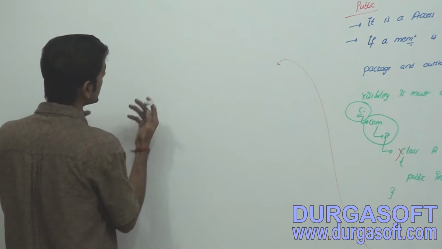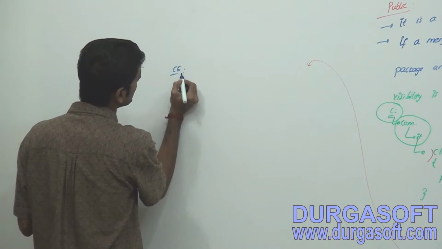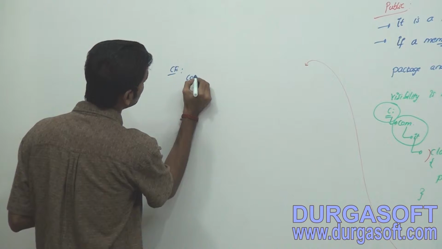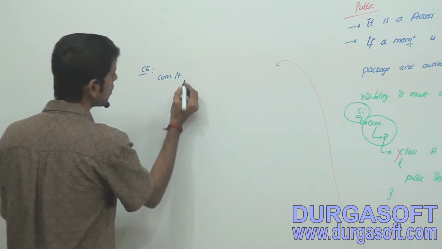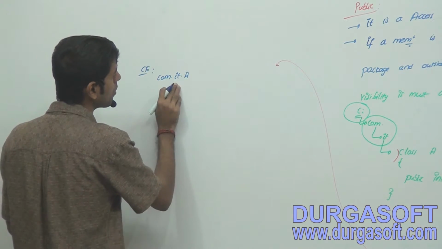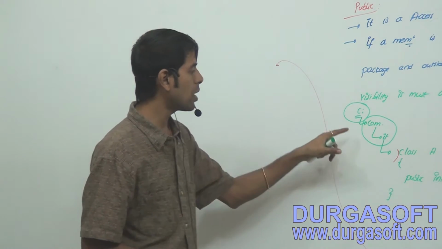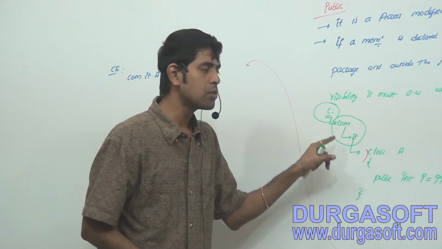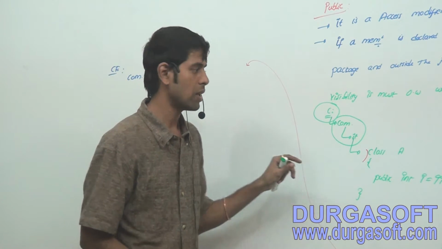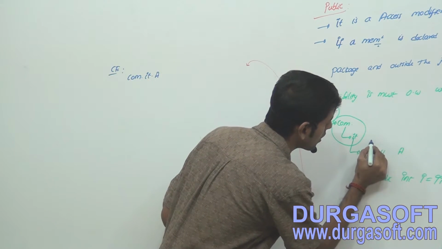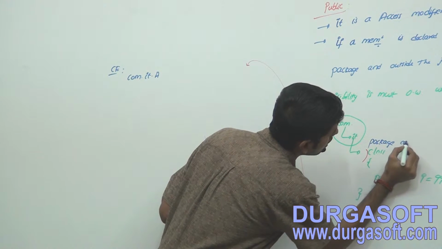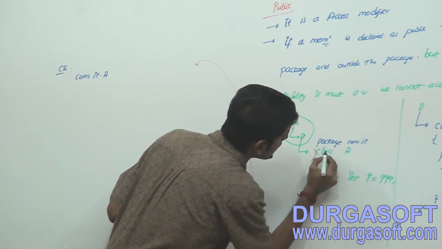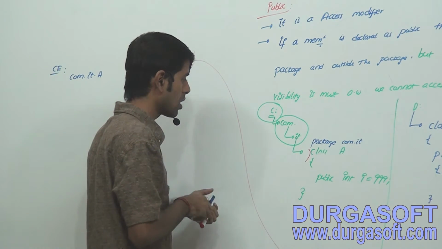Simple compile time error. What does that mean? Com dot fully qualified name of this class. What is the fully qualified name of that class? Com dot it dot a. Why com dot it dot a? This was the package directory structure. Observe here, we have seen this in the package statement. Package com dot